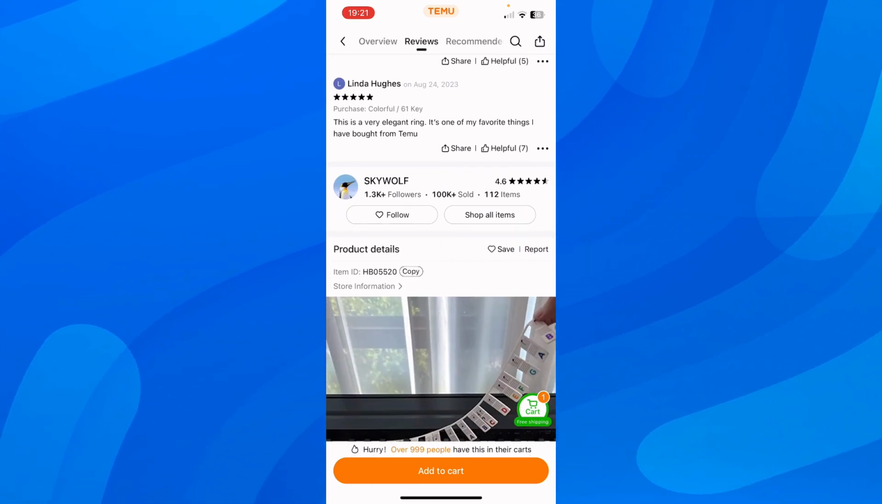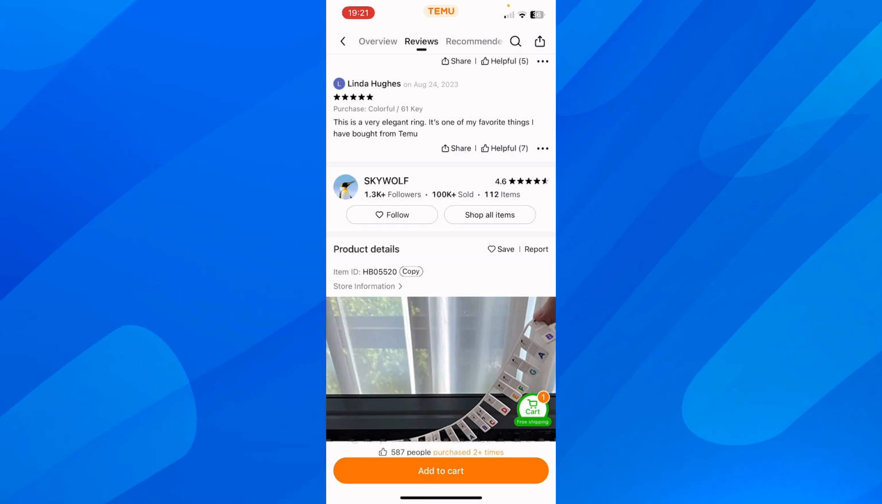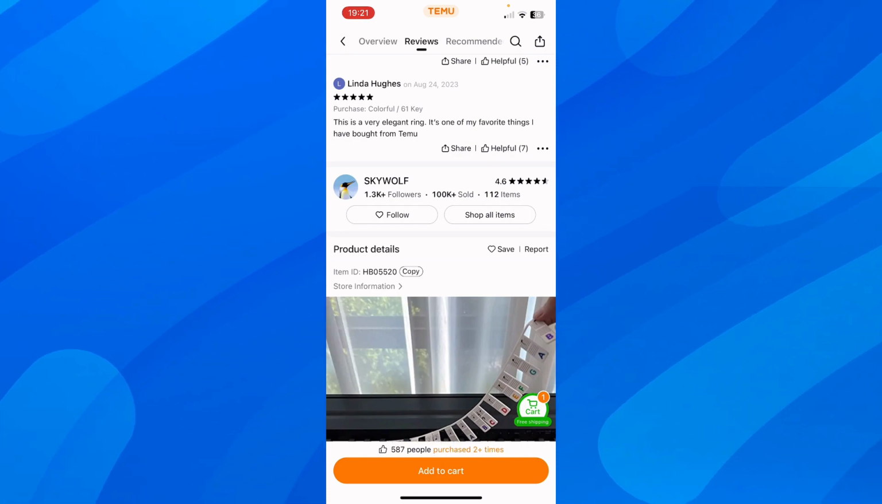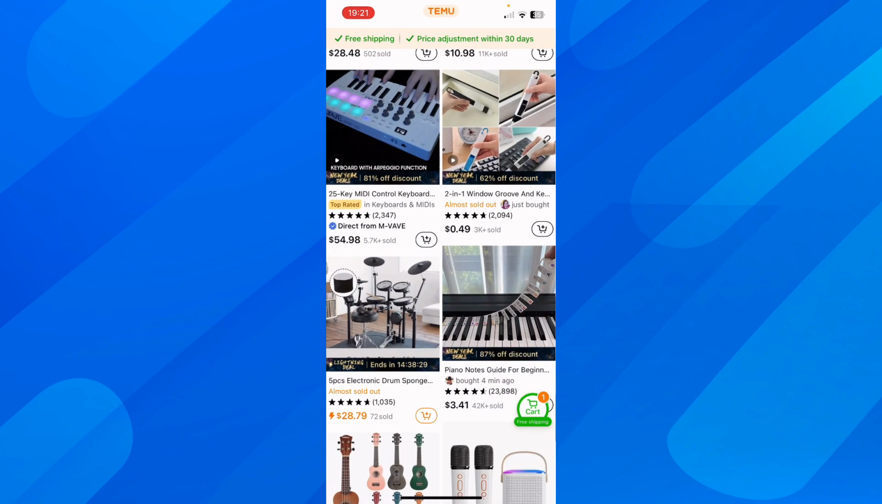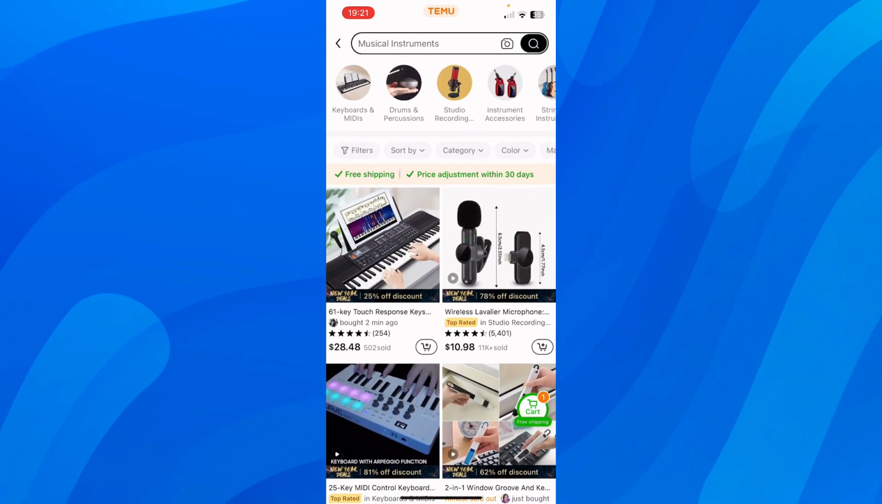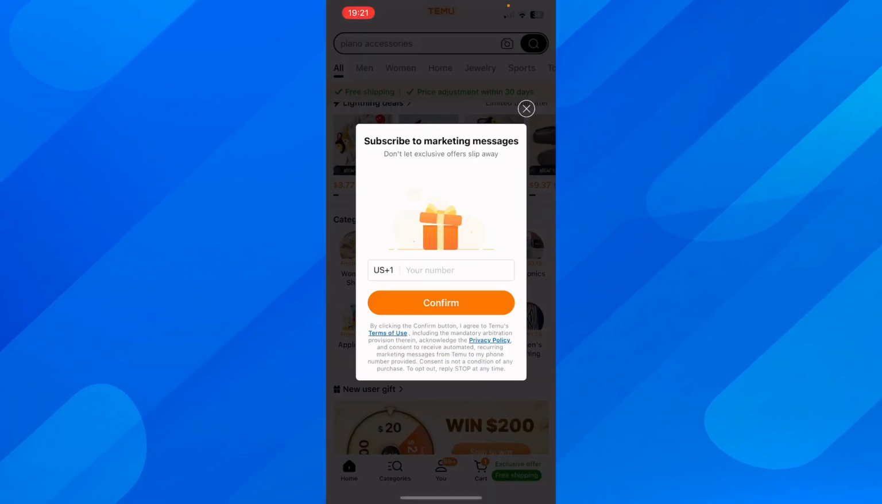as you can see. And as you can see, you have two different buttons. You have the save button and the report button. Simply tap on save, and as you can see, save to wishlist. Now if you go back and then we go to you,